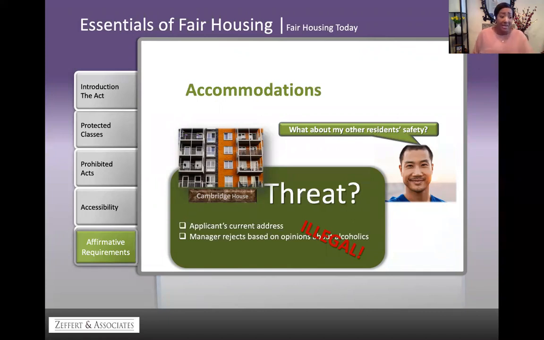The housing provider may not treat this applicant any differently than any other applicant based on his subjective perceptions of the potential problem posed by her alcoholism by requiring additional documents, imposing different lease terms, or requiring a higher security deposit, all because she's associated with Cambridge House, which is a treatment facility for alcoholism. And I do not think that's going to be an ideal resident at my property. This could pose as a threat. That is a problem. That is illegal. That is going to lead to a fair housing discrimination lawsuit.